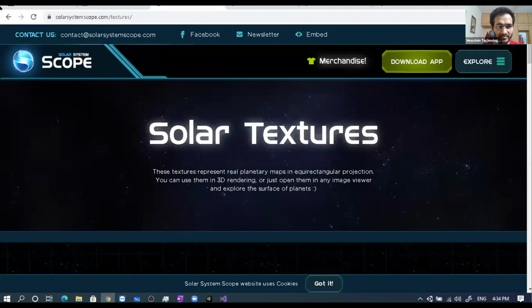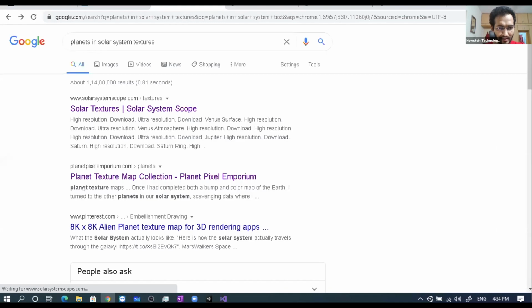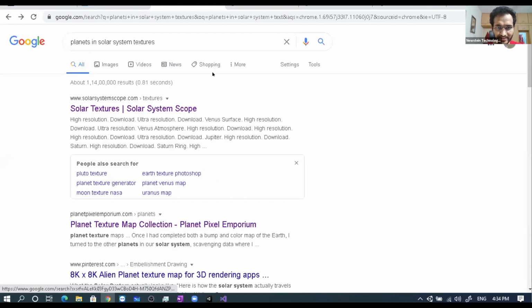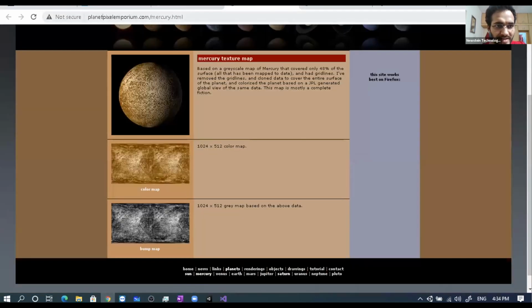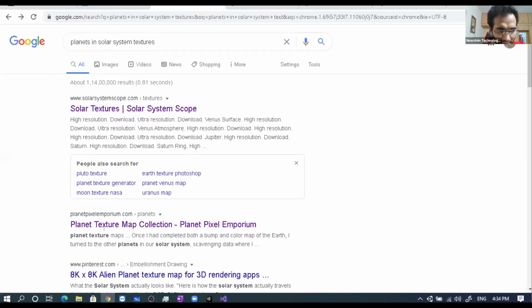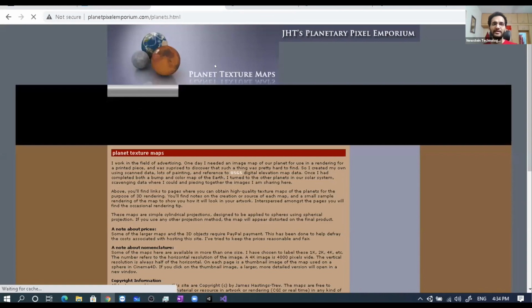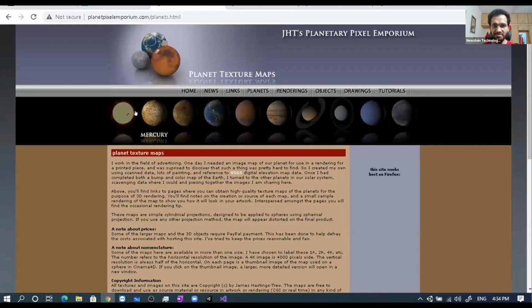No. Second, third, where is it. The site is Planet Pixel something. Okay, this is the second link. I'll send you the link. Here I can see lots of resources, all the planets.